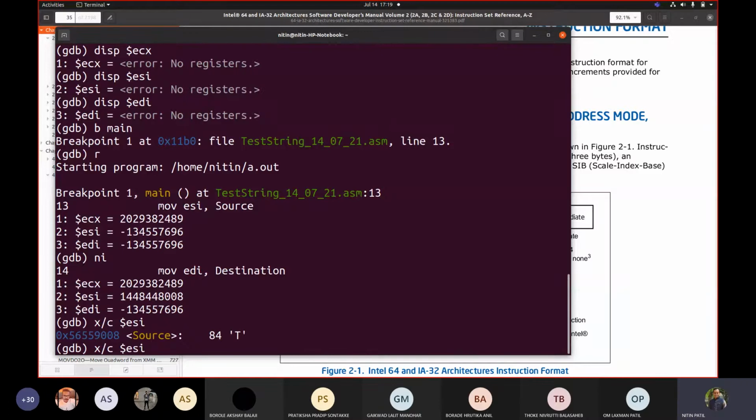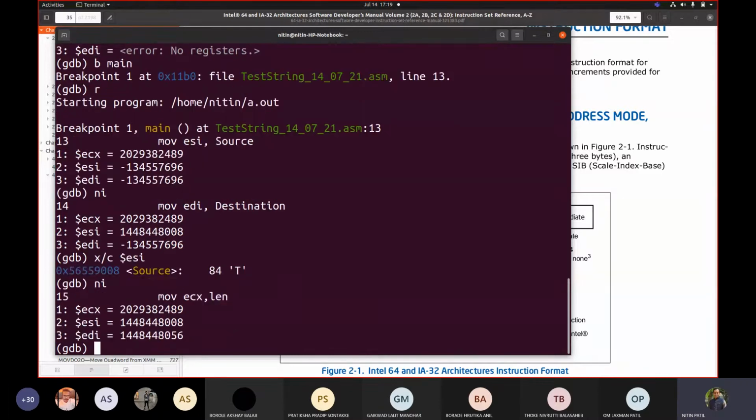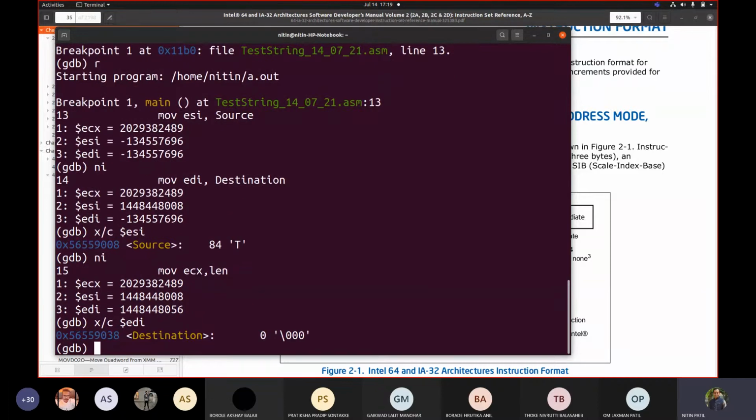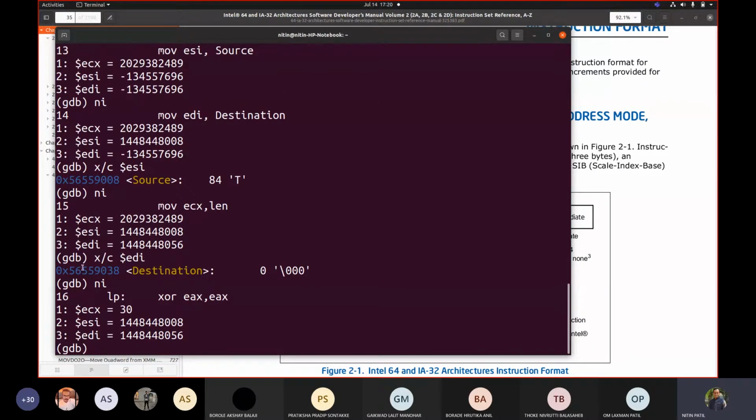So if I try to do the same thing with EDI, there is nothing stored. Correct. Now next instruction. Now see, ECX became 30 because we had that length there. Correct. Now concentrate on each of these values. Okay, let me display this also, $EAX. What should I do?